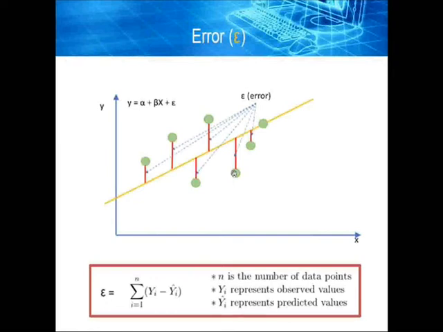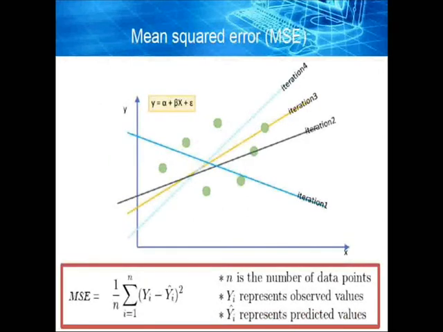So to avoid this situation, instead of using or finding the plain error, we are going to find the mean squared error. The definition of mean squared error is that we take the square of the term, the difference between the predicted value and the target value. As we take the square, it gives a positive value.